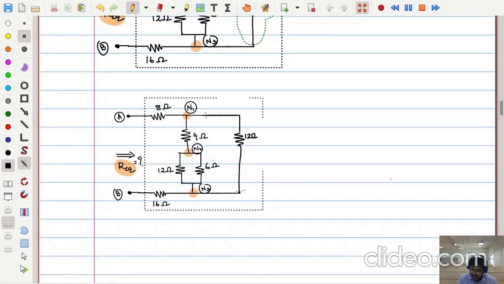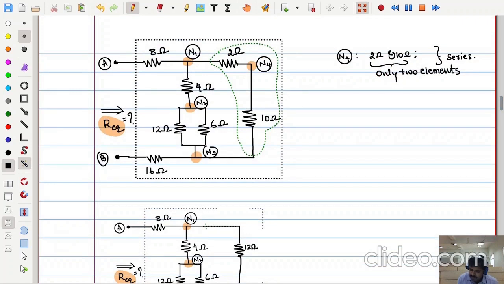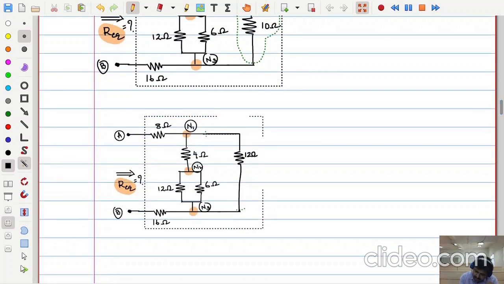are remaining. And in this process one more point you should observe: when I merged 2 ohms and 10 ohms, this N4 vanished. It escaped. Now there is no more N4. Don't worry that it is hidden somewhere inside this. We are not interested in N4. That N4 is not necessary for us. It vanished, so don't be surprised where it went. It is inside somewhere here. Clear? But we are not interested in that.